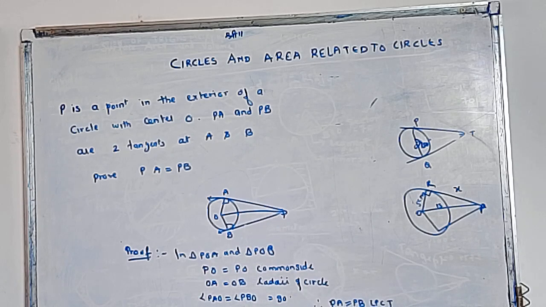Because one line is a radius, and two or more lines are radii, plural. So angle PAO is equal to angle PBO, which is 90 degrees, the tangent angle. Therefore, both the triangles are congruent by RHS. Why RHS? Because this is the right angle,